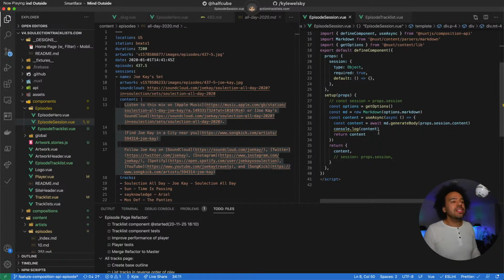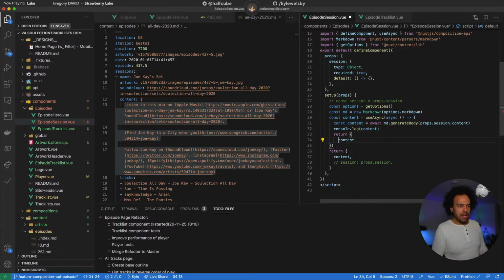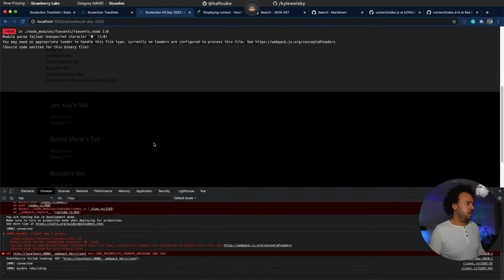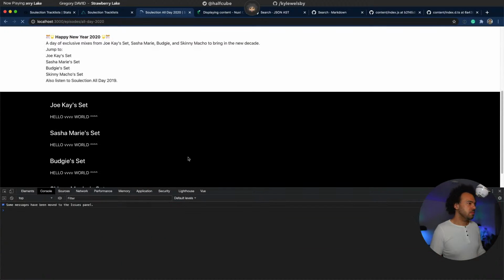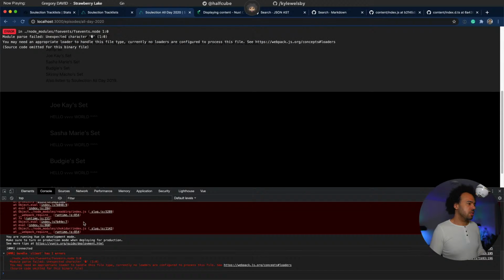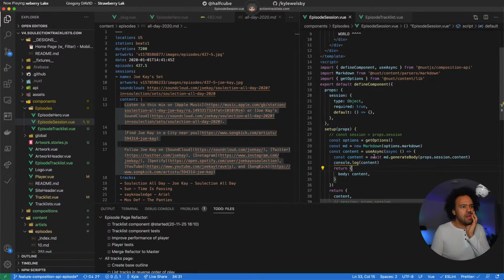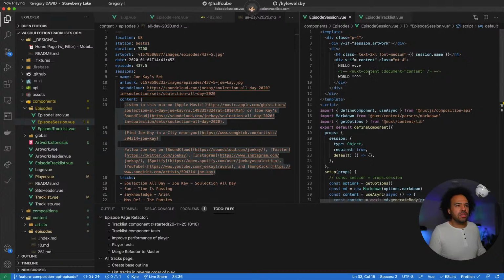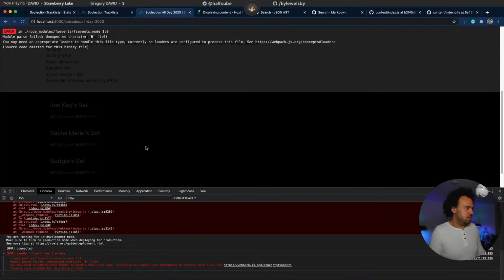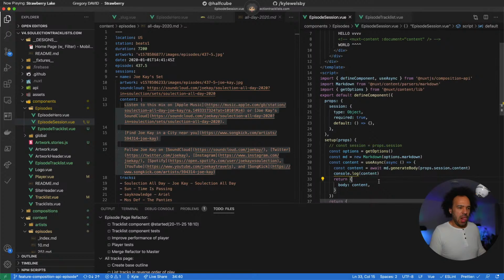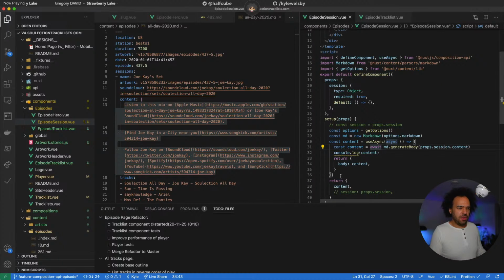Oh, right! Remember, we need to pass in body to the component. It's still complaining because it's probably going to try. I think if we switch, it's not even switched off. If we switch it off for a second,